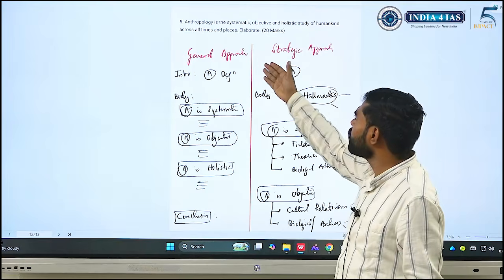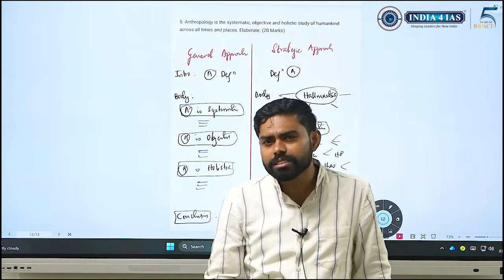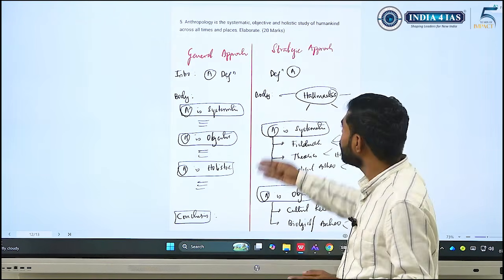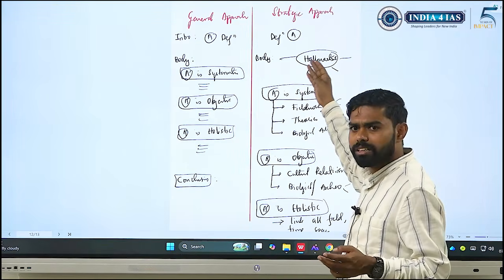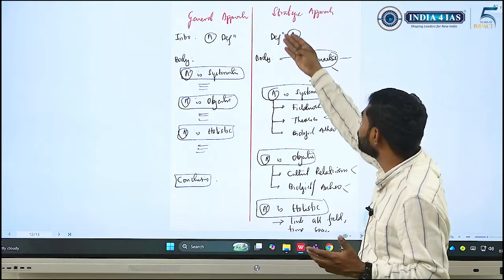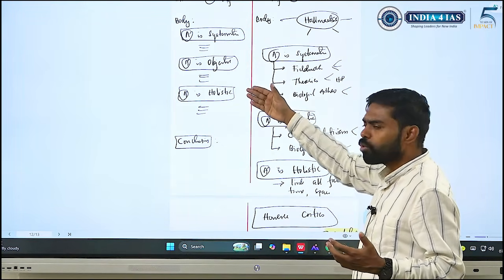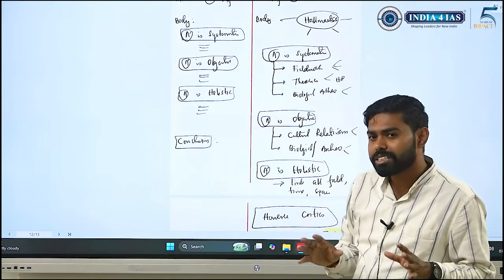What are the hallmarks of anthropology? It is systematic, it's holistic, it's objective, cultural relativism, comparative science, right? These are the hallmarks of anthropology, and participant observation. And these are some of them. You can simply write that the hallmarks are key tenets, key features or key characteristics of anthropology. You can simply rewrite them. And coming to the direct core demand, we are writing that, but here you need to again use the syllabus.